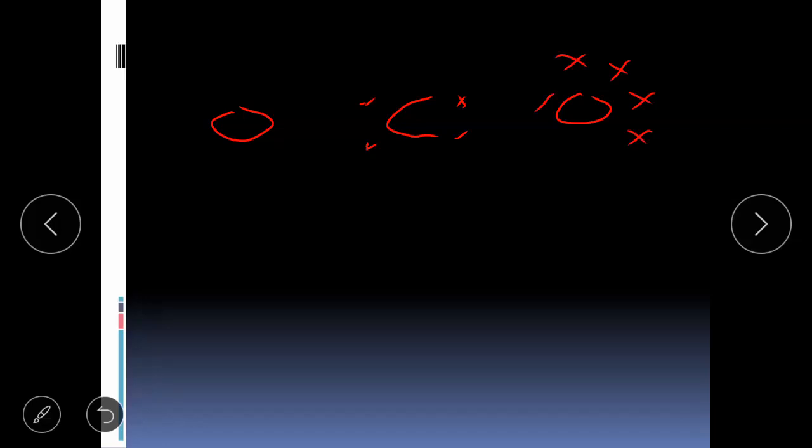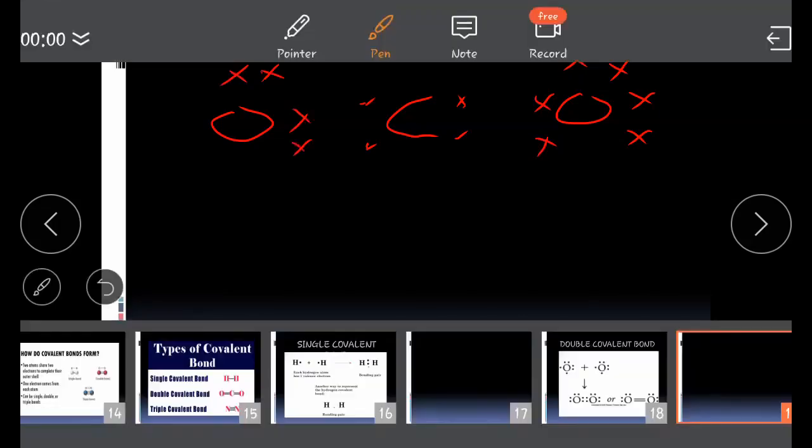For example, if you have carbon dioxide, and you know that the carbon dioxide formula is CO2. So I'm going to put the electrons of carbon and oxygen, and you know that a carbon atom will have 4 electrons in the outermost shell, whereas an oxygen atom will have 6 electrons in the outermost shell. I'm talking about both oxygens. So this oxygen will also have 6 electrons in the outermost shell.